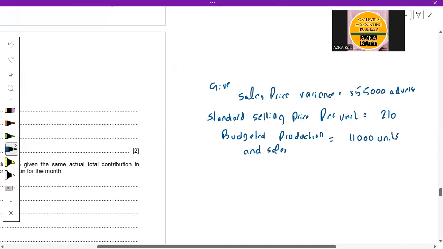So calculate the total difference in selling price. To calculate the total difference in selling price, we are going to use this formula: